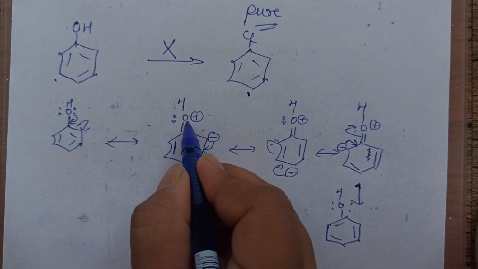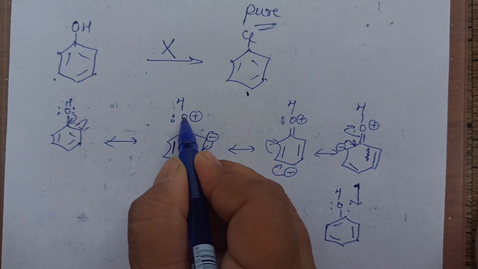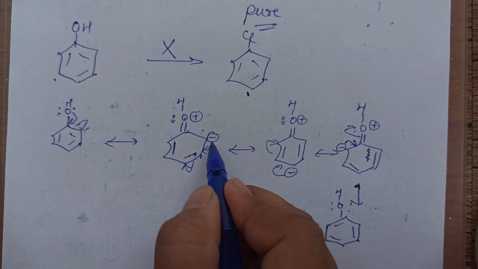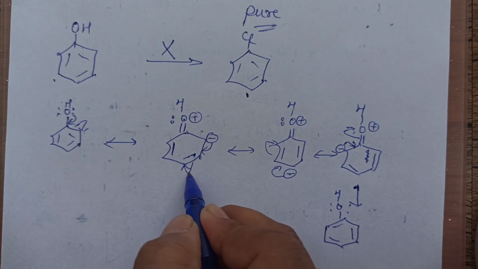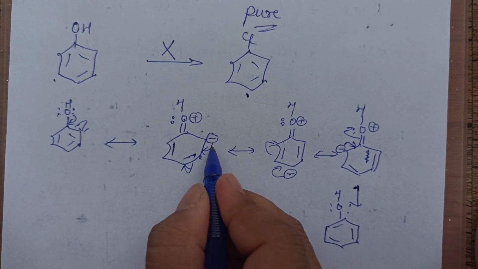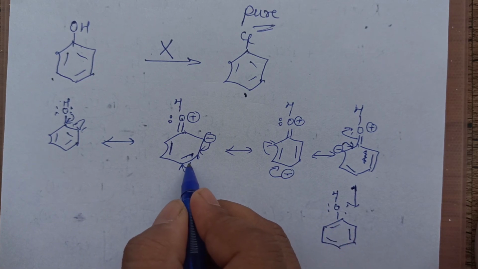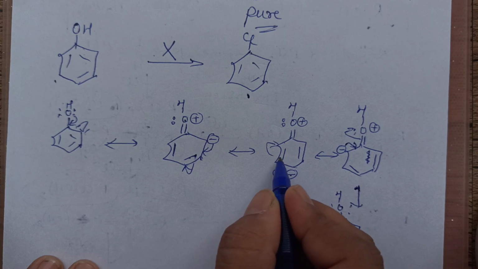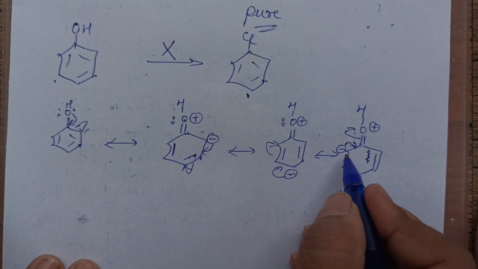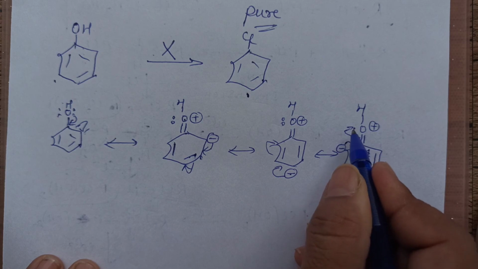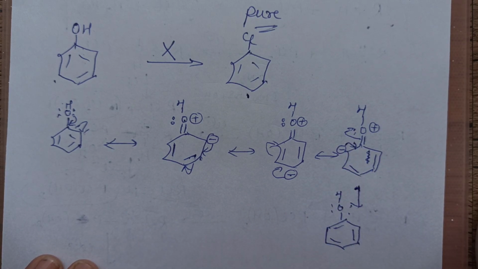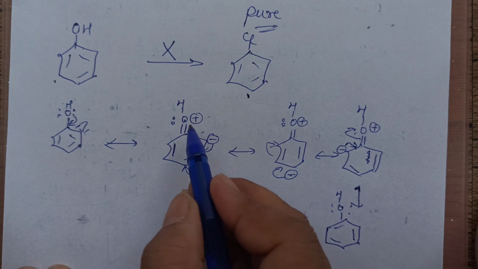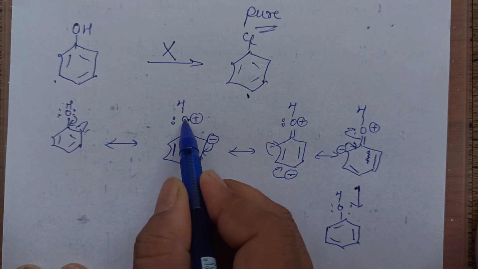This has come here, which means positive. Now this has come here, meaning a double bond, and this oxygen will get a positive charge, and further this pi bond will shift. What change did we make here? A double bond. This has gone here, a negative charge. Again this negative will go, this double bond will further shift. Again this negative will go, the double bond will shift, and you get so many resonating structures. What exactly happens by these resonating structures, children? There is a double bond character between carbon and oxygen.